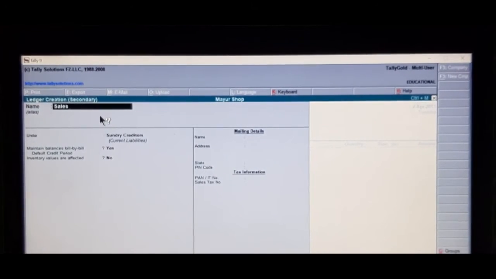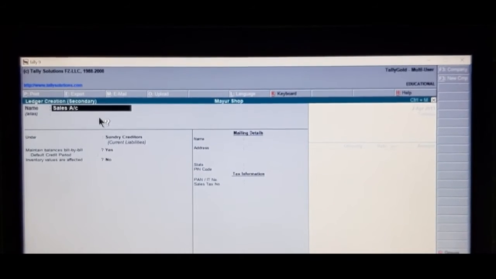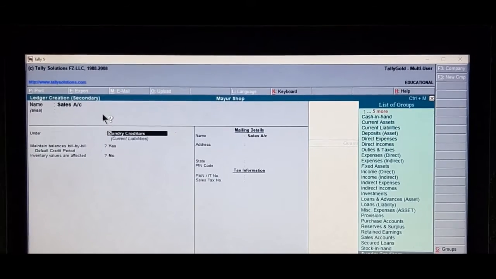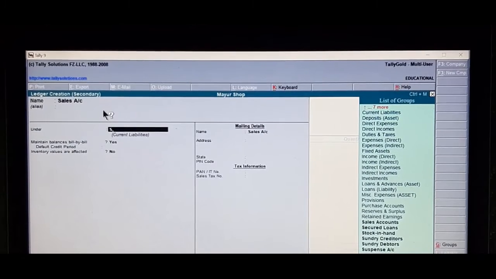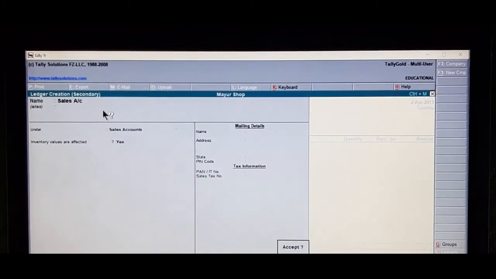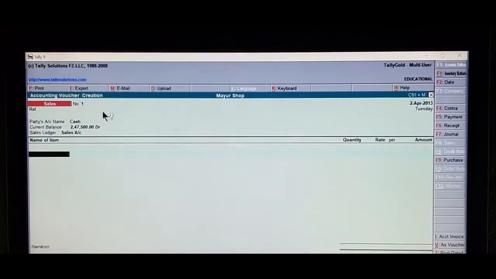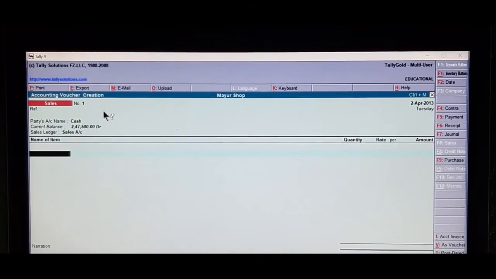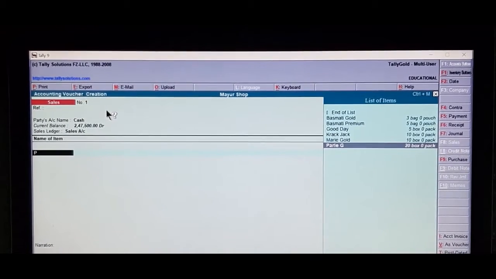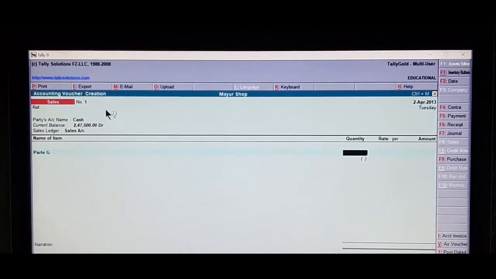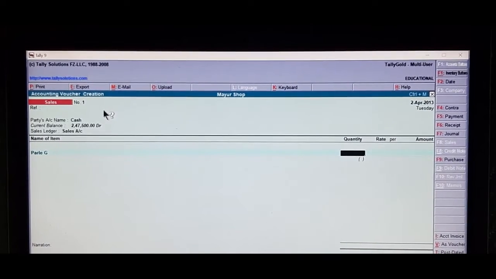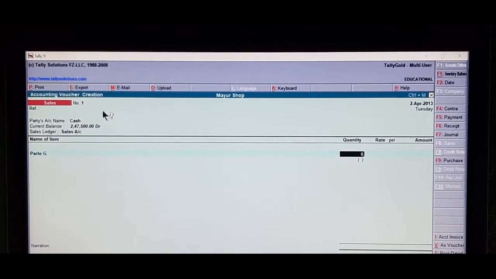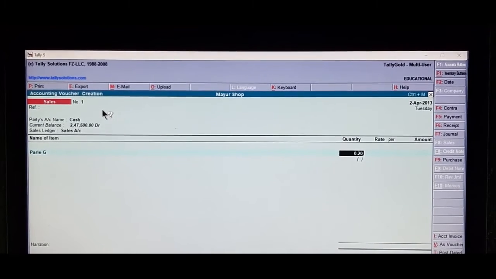Sales account, this has to be allocated under the group sales accounts. Accept, press Y from the keyboard. Name of the item is Parle-G. Quantity is of 20 packs, 0-20.